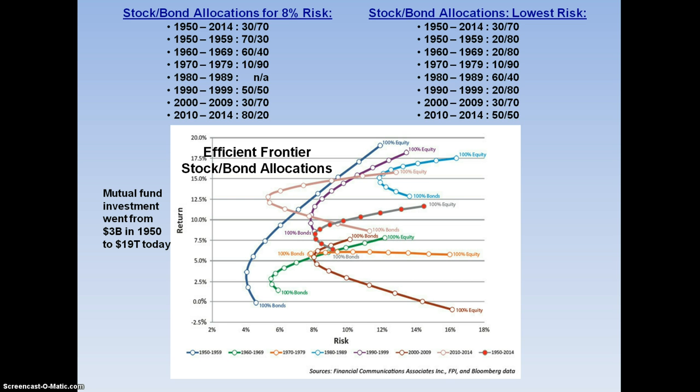One good example would be, let's say you're standing in 2010 and you're looking back at the previous decade, either selecting an acceptable level of risk or attempting to minimize your risk. You would have selected a stock bond allocation that would not have been appropriate for your stated risk management goals going forward. Not even close.